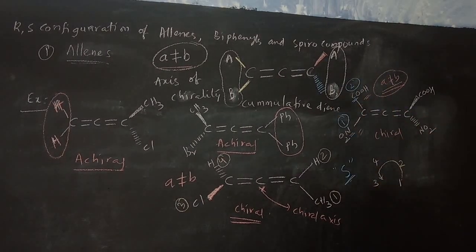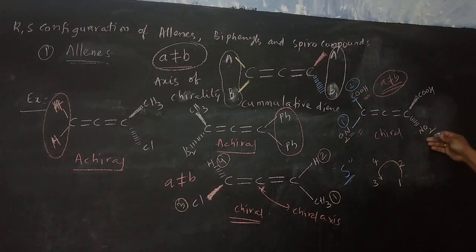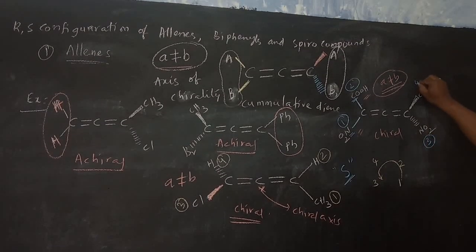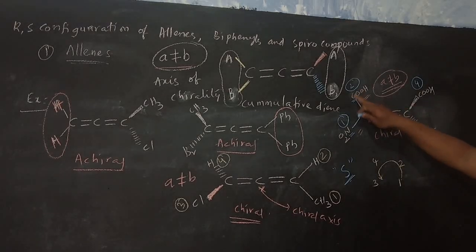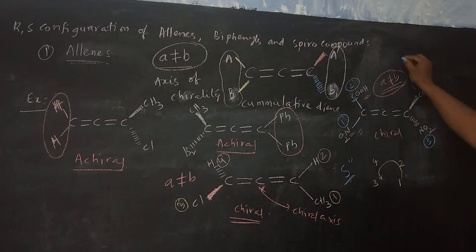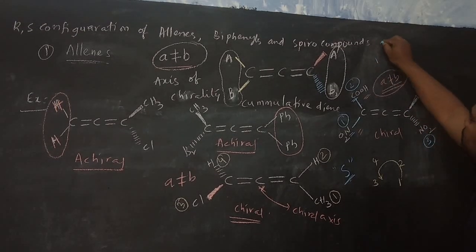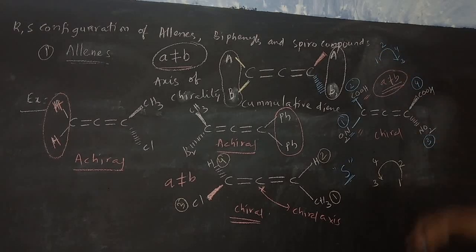Remember students, first give the priorities of atoms which are present in the plane of the paper. So here we have the nitrogen atom, so we will give it priority 3, and we will give priority 4 to the other. Okay, so here you can see priority order 1, 2, 3, 4. So here the priority goes 1, 2, 3, so it is R configuration.